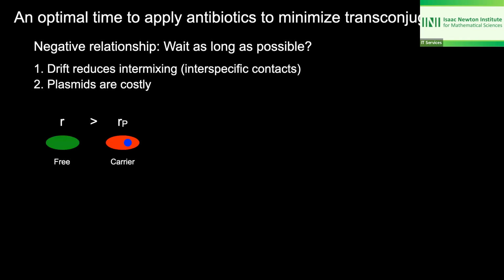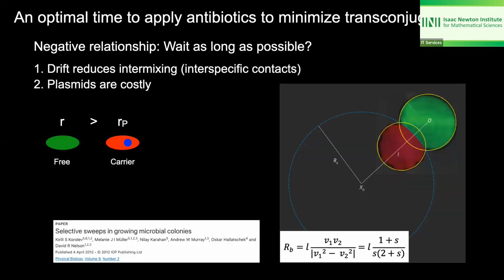And then the other reason we expect a negative relationship is simply because plasmids are costly in the absence of selection. So if I take two types, plasmid-free and a plasmid carrier, then we would expect the growth rate of the plasmid-free to be higher than the carrier. So this is just